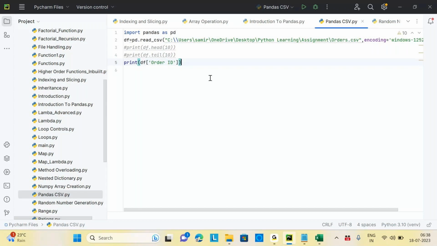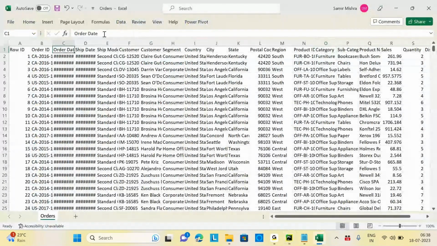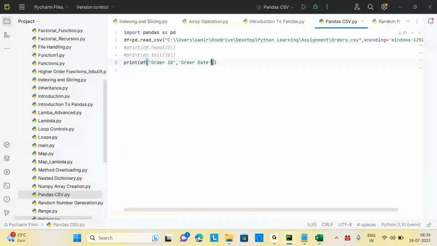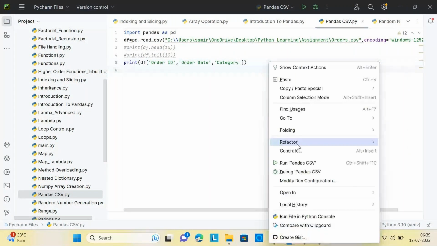By using a comma, can we do that? Okay, comma here. Yes. So let's take order date, customer, then let's take category. Something like this. If I run this,